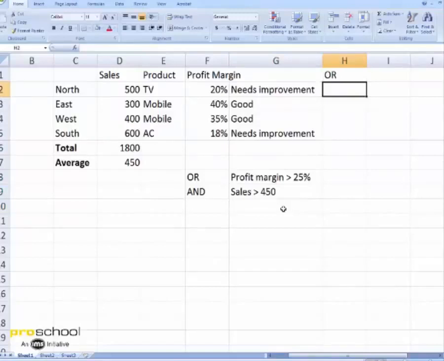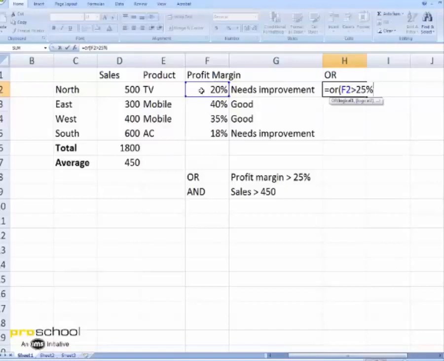So I say equal to OR, the first condition I want to check is margin. I click there, is greater than 25%, comma, sales greater than 450.